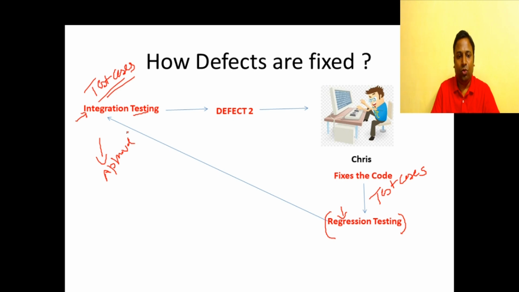So every time you submit a code with defects, you have to run a lot of test cases to ensure that the code is free from all these defects. And this is not only time consuming, this is also going to consume a lot of your budget. So it is very important that we invest all our time in developing something that is right, that works fine in the very first time. Because when you go in this iteration, we are going to lose a lot of budget, we are going to lose a lot of our resources on testing the product. So that is integration testing. I hope that you have understood how integration testing is performed with this simple demo.